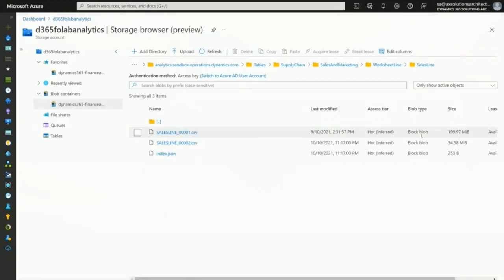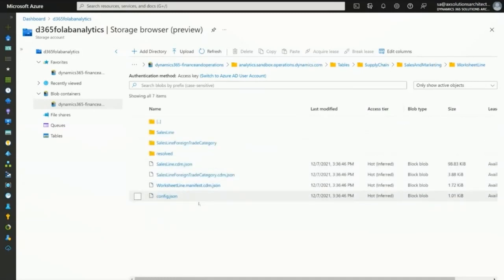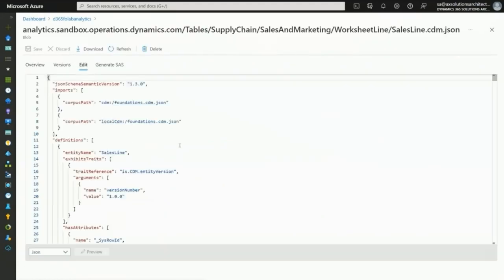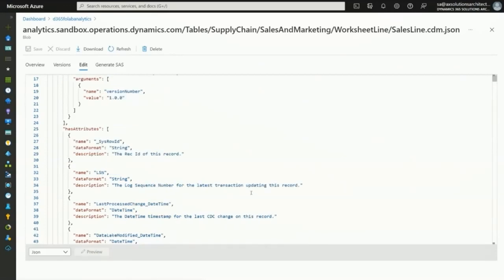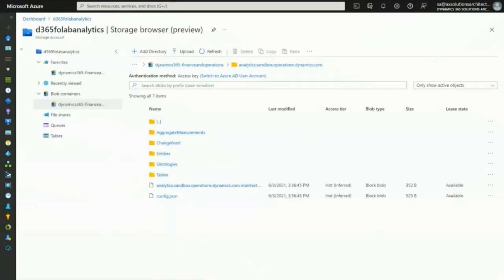Let's also look at the table-specific CDM structure in the lake. Go to the SalesLine CDM JSON file, and here you can see all the field names, their data types, their data descriptions, and so on for each field coming from your FNO environment. The data structure component is truly strong in this feature, with the metadata service, which is currently in preview. With that, you will be able to get even richer metadata information from your FNO environment, not just the name, data format, and description. This concludes the demo for tables, entities, configuration,